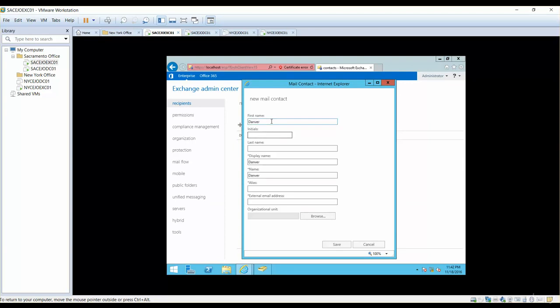Denver, and then Denver Smith, and you can simply say Denver Smith because it is like having initial, and then alias is Denver, and then external email address is denver@yahoo.com. So this is the external email address,